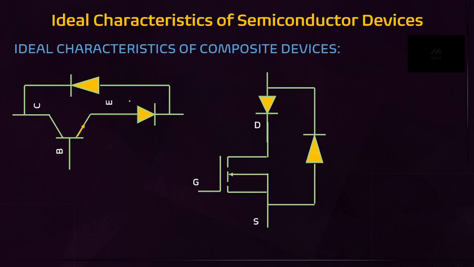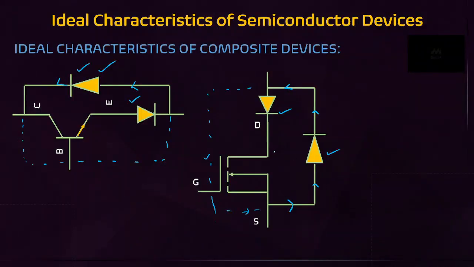Next, one series diode and one anti-parallel diode, friends. If there is one series diode and one anti-parallel diode, if the path exists for this anti-parallel diode, yes, this path exists, then you have to consider it. If the path exists for the anti-parallel diode, it will conduct through the source.